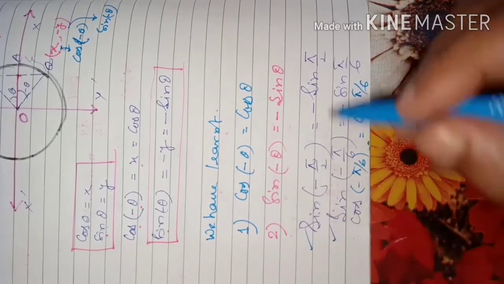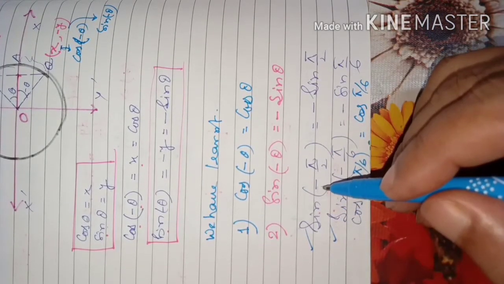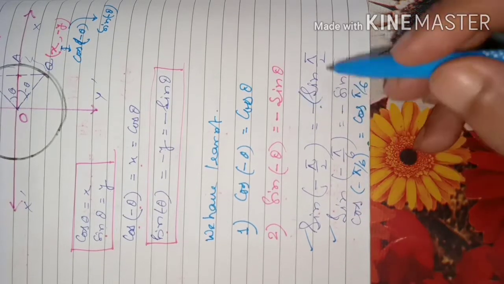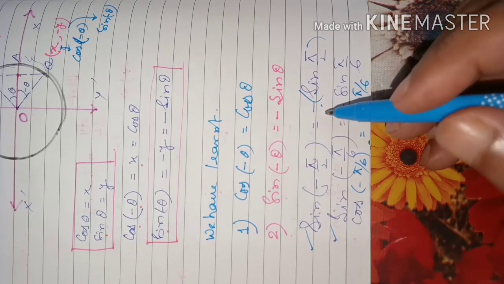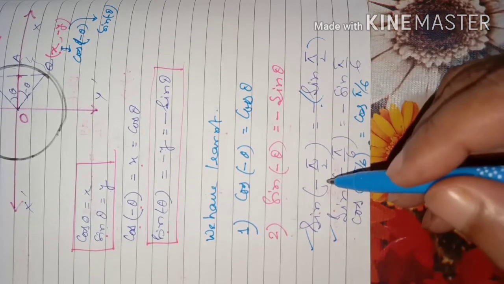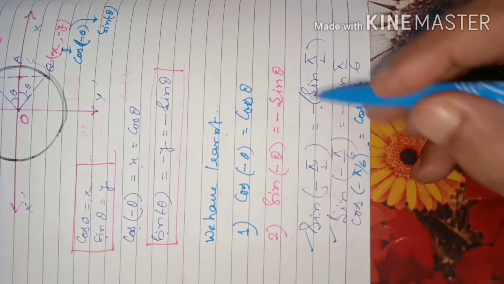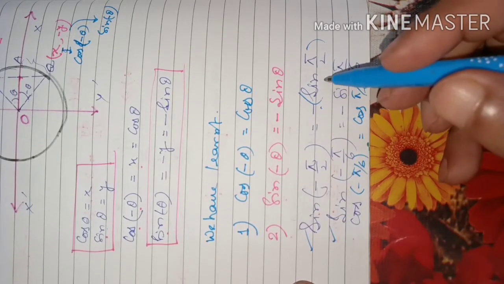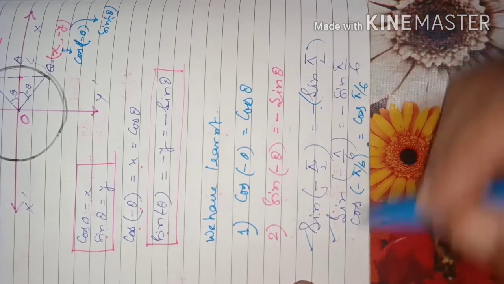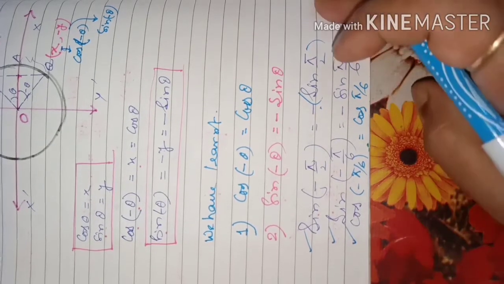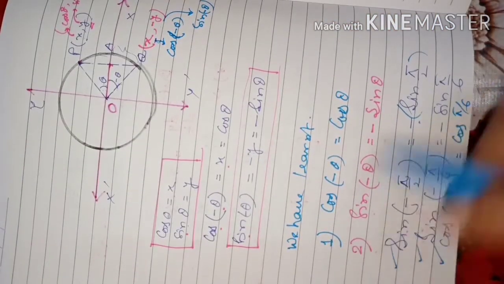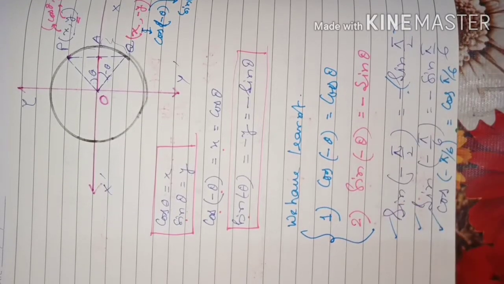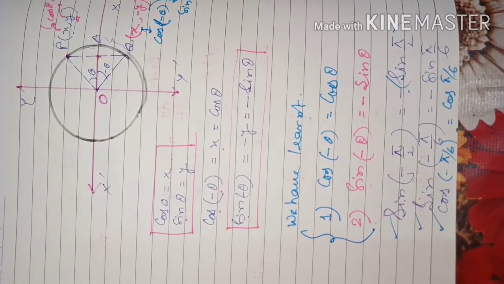Here, for sine, the minus sign will come out from the angle's position, it will be considered for the whole ratio. It was for the angle, now it will be for the whole ratio. That means it will become a negative of that sine ratio of that particular angle. Okay, dear students, you understood this point? So two important points we have learnt in this discussion: cos of minus theta is cos theta, sine of minus theta is minus sin theta.